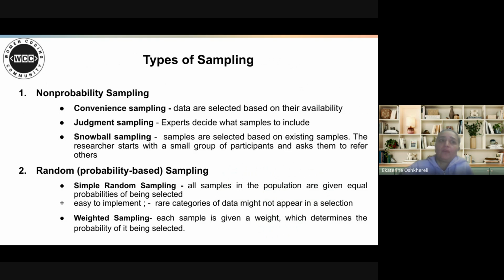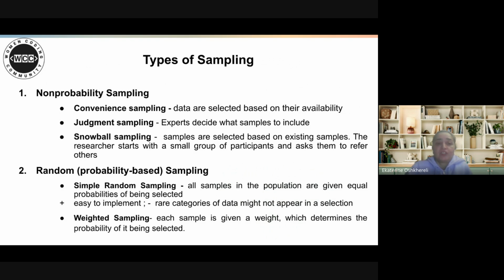An example could be language modeling, when language models are often trained not on data that is representative of all possible text, but on texts which are easily collected, like Wikipedia or Reddit.